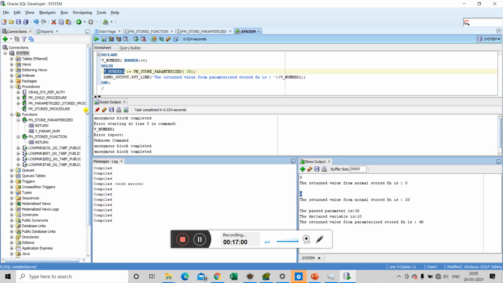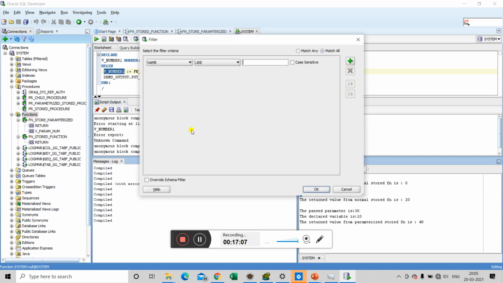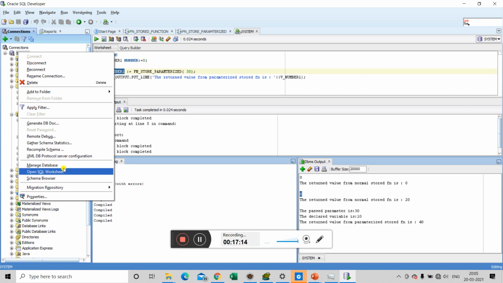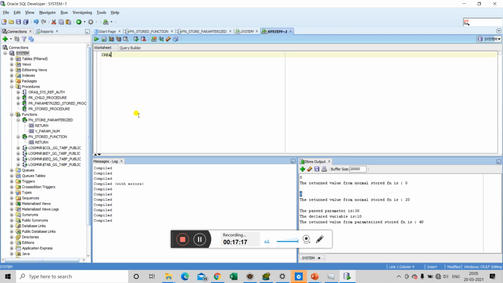To do that, we will first create a stored function using the create or replace command. Create or replace function fn_child_function that will return a number type variable.